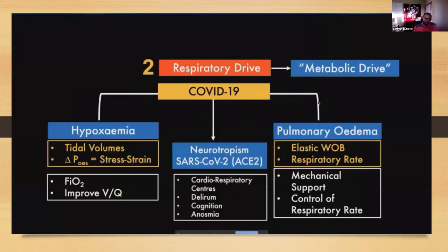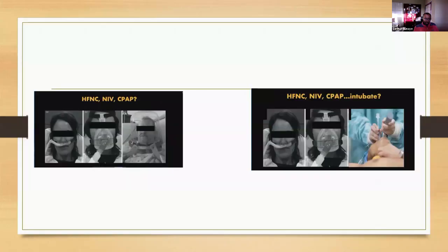The next thing we have to do is again assess their work of breathing, so their respiratory drive, and this can be affected by the disease itself or the metabolic state, or the hypoxemia, the neurotropism, pulmonary edema. These are deeper stuff, so I'll pass it for now. But again, you treat them with either high flow nasal cannula or non-invasive ventilation or CPAP, or if all this fails and you have to intubate them, preferably